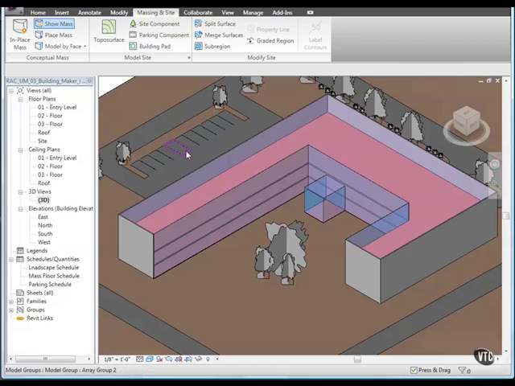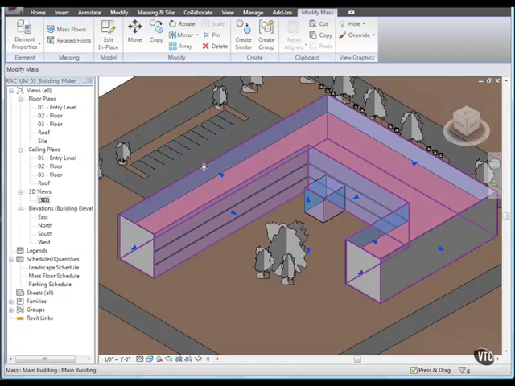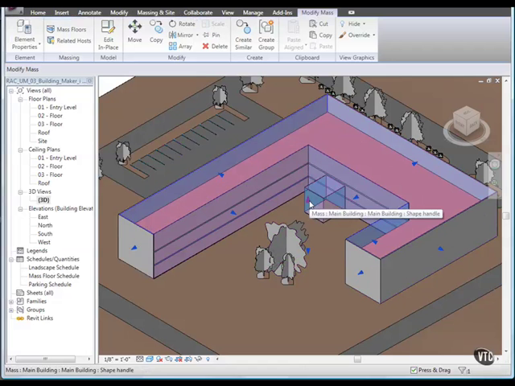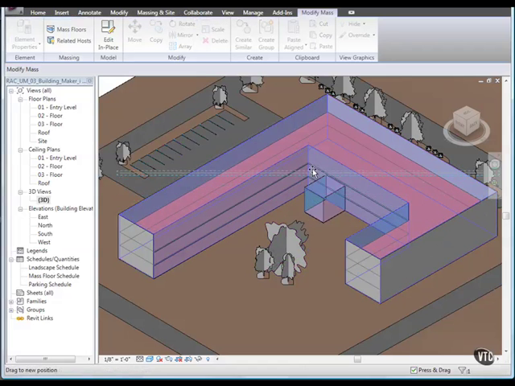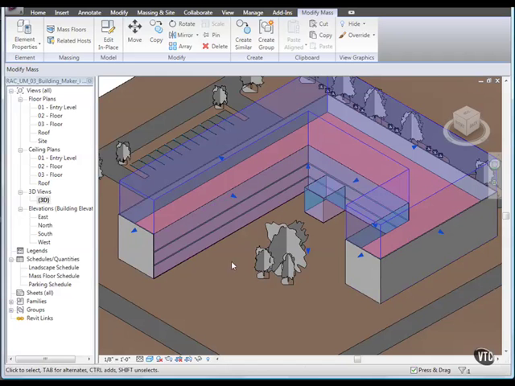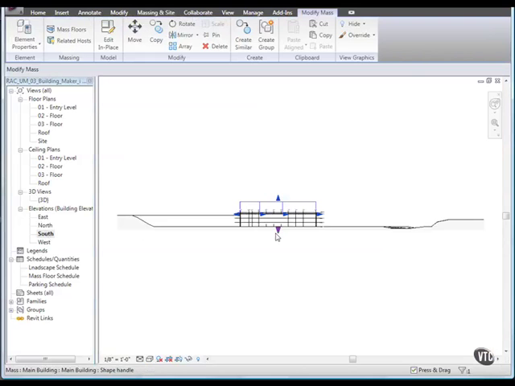Select the main building mass and use the controls to drag the height of the mass up. The exact height is not important. In the project browser, under Elevations, double-click South. Zoom into the building